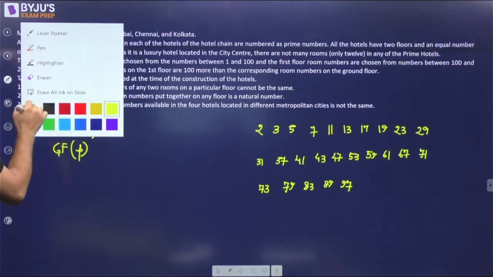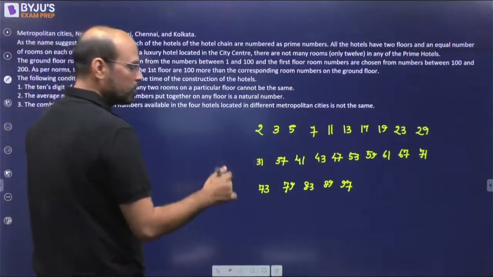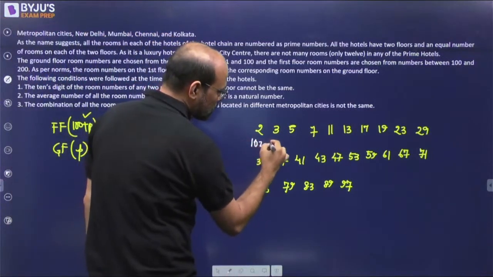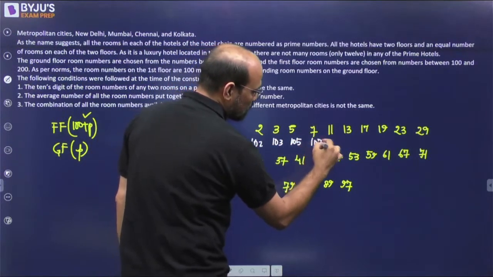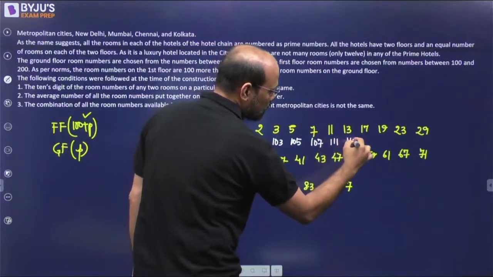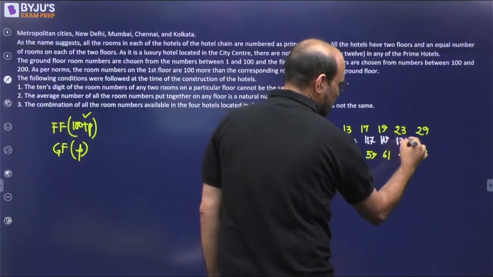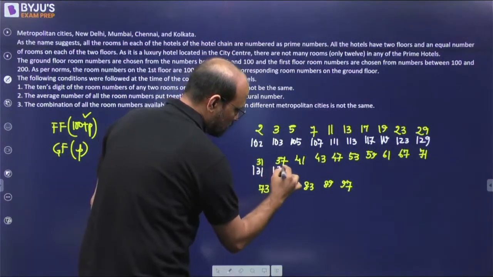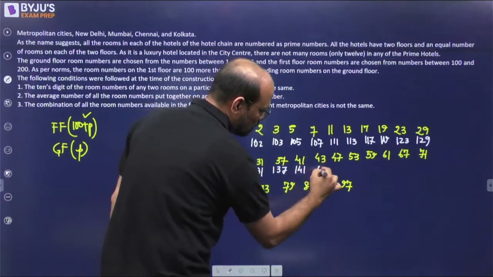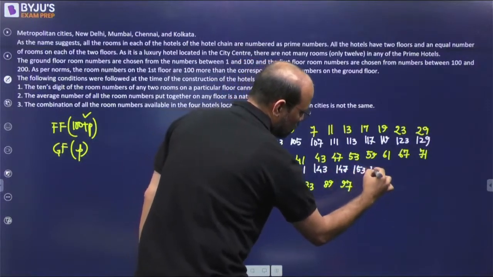Now, the numbers which are 100 more than it. Ye ground floor ke hai numbers, right? Ground floor ke. So what about first floor numbers? 100 more would mean 102, it will mean 103, it would mean 105, it would mean 107, 111, 113, 117, 119, 123, 129, 131, 137, 141, 143, 147, 153, 159,